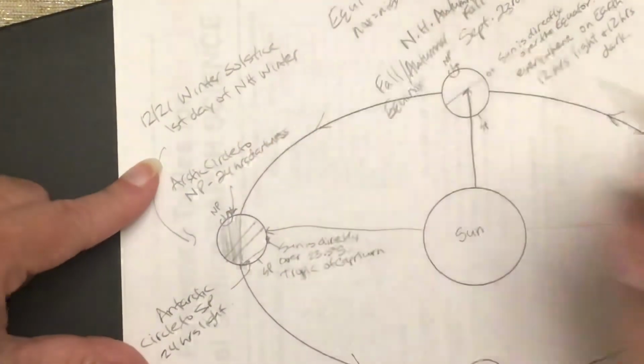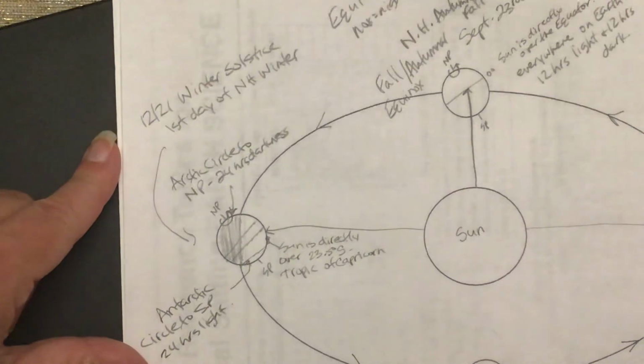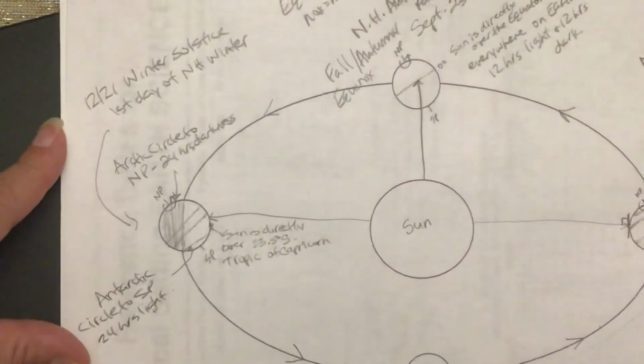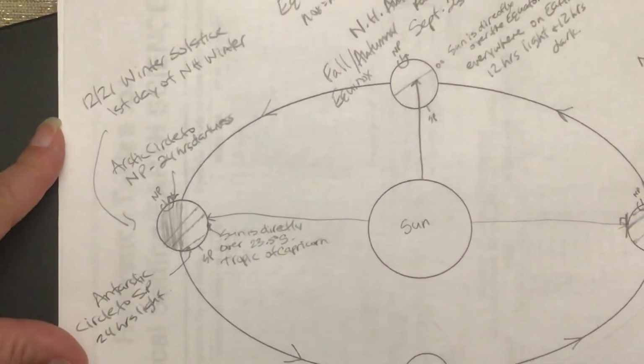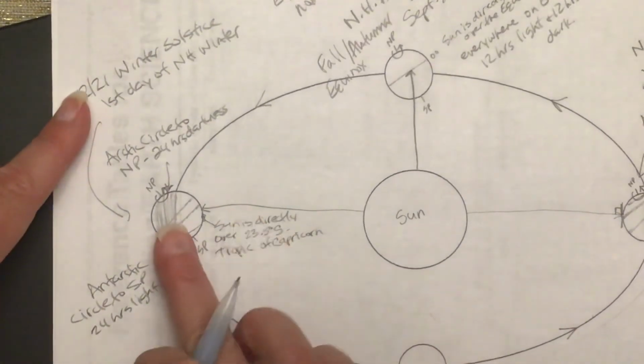What do the people in Australia call this day? Well, they call this the summer solstice because this is the first day of their summer. Remember, our seasons are opposite. This is the shortest day of the year for us. I rejoice on December 22nd because the days start getting longer. Okay, so, first day of winter, we go through